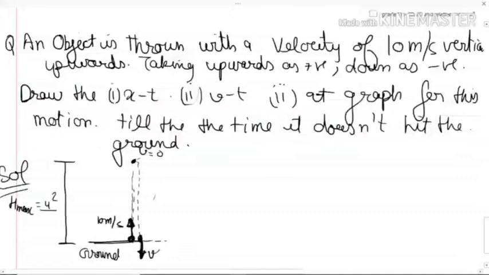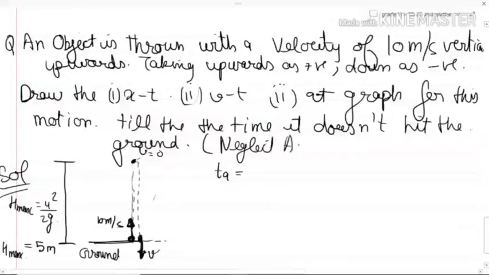Always remember h max is basically u square by 2g, right? Yes or no? 5 meters. 5 meters, are you sure? Only this much? So 5 meters, okay. So h max is basically 5 meters. And what is the time taken to go up? What is the time of ascent? Time of ascent will be how much? If you remember, it was u by g.